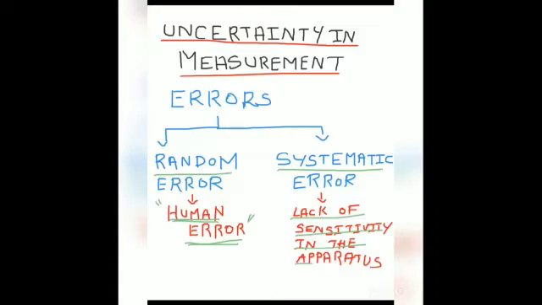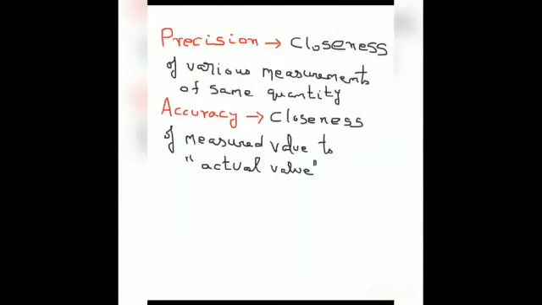For example, the smallest value that can be measured by using a meter scale is only 1 millimeter. Values less than 1 millimeter cannot be measured by using a meter scale. Thus, the meter scale lacks sensitivity in the sense that it cannot measure less than a millimeter. So there is an error in the order of a millimeter in each instrument. Okay, understood about uncertainty in measurement.